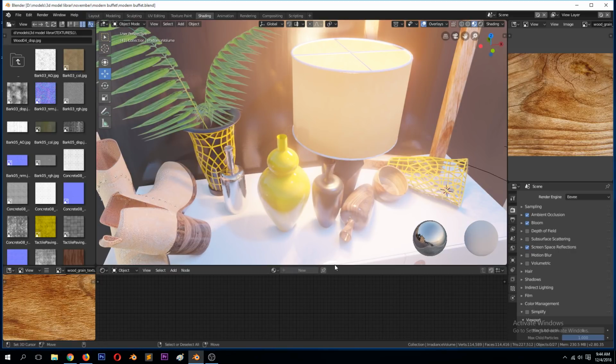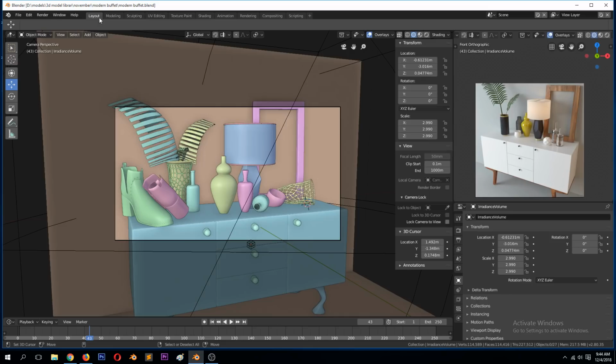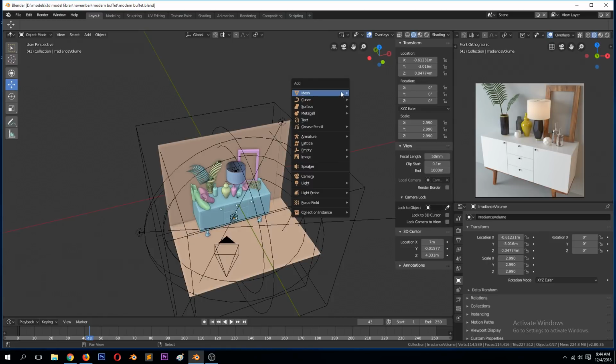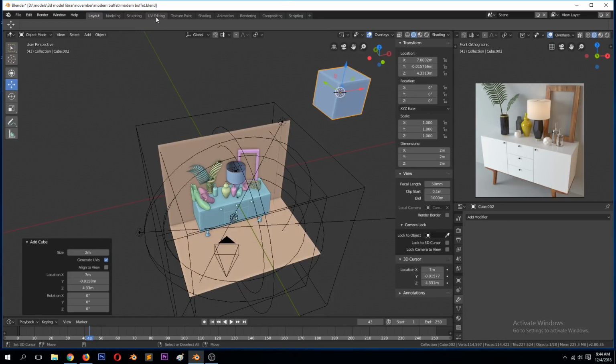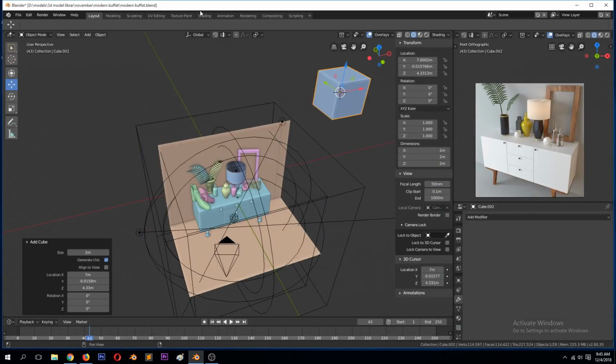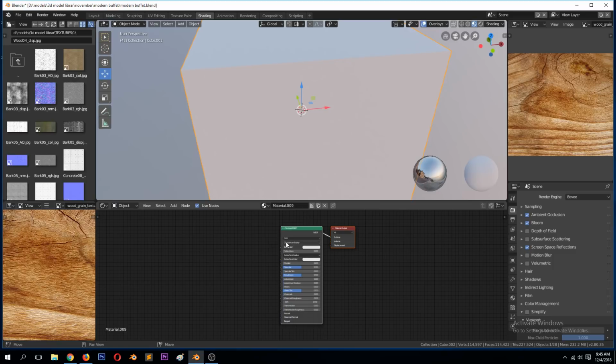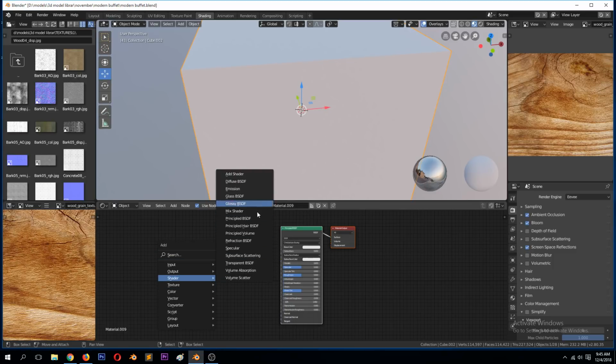material, because if you try to add it directly, just go here to layout and add an object here, then go to shading. Let me make sure this is recording. I'll put it on my other screen. Because if you try to add a shader here, you can see that you won't find the translucent shader there, because maybe they're still working on it, but it's not included in 2.8. It's not there, you can't find it in the list here, but I'm going to show you a trick to